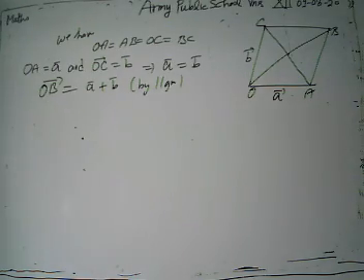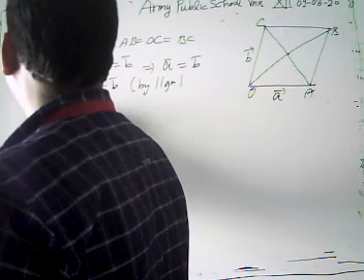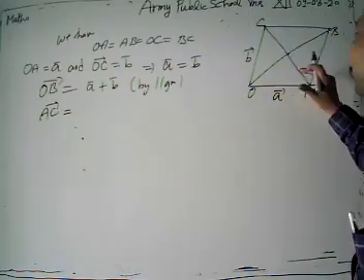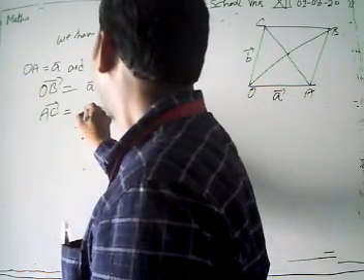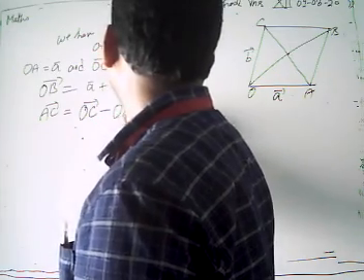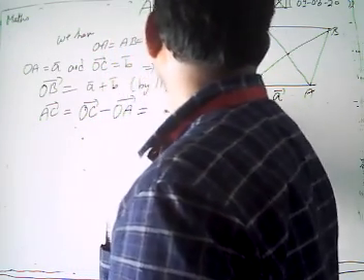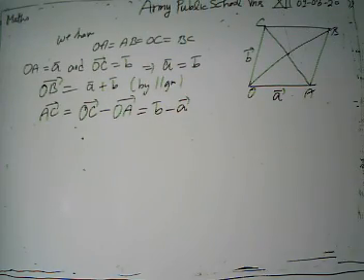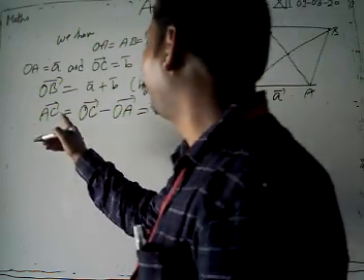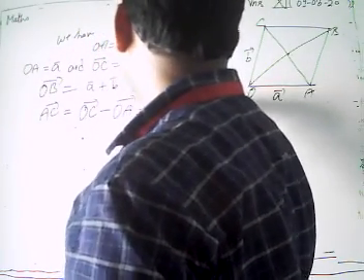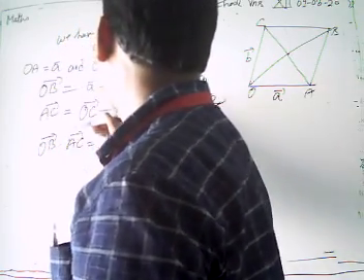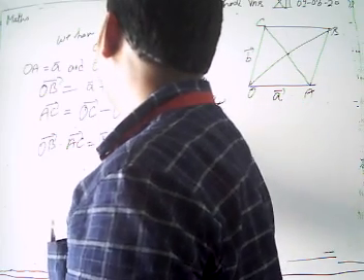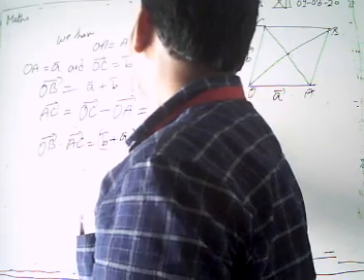Now we are going to find out the value of AC. How can we get the diagonal AC? This is our AC. Again by the property, AC is given by vector OC minus vector OA. OC is B and OA is A. Now we have to show that the diagonals are perpendicular to each other, so we take the product OB dot AC. Now OB dot AC, we can write as (B plus A) dot (B minus A).